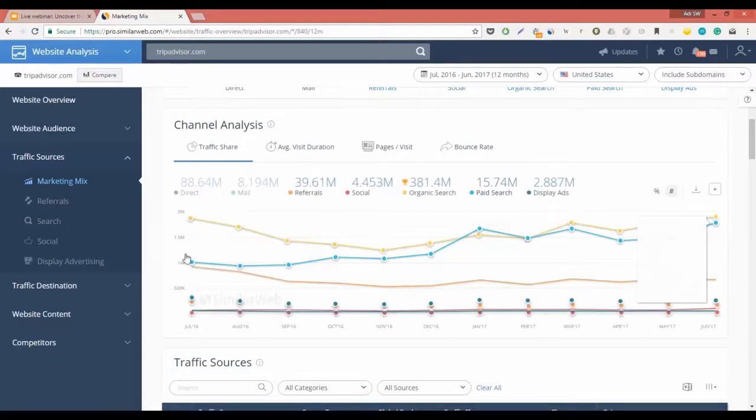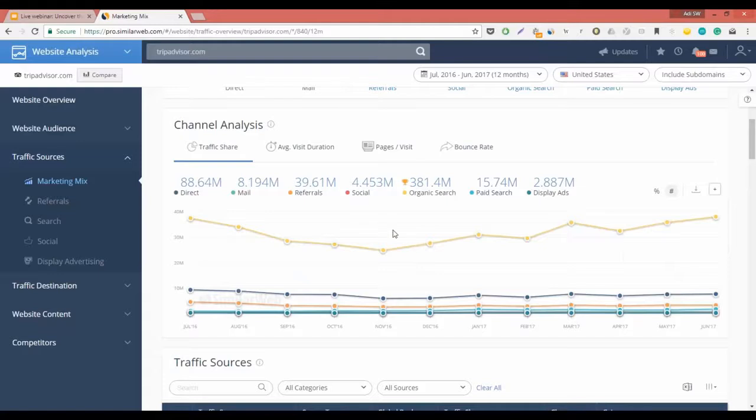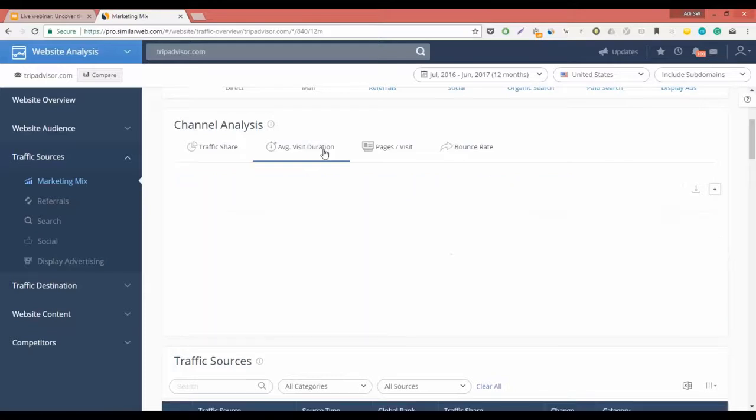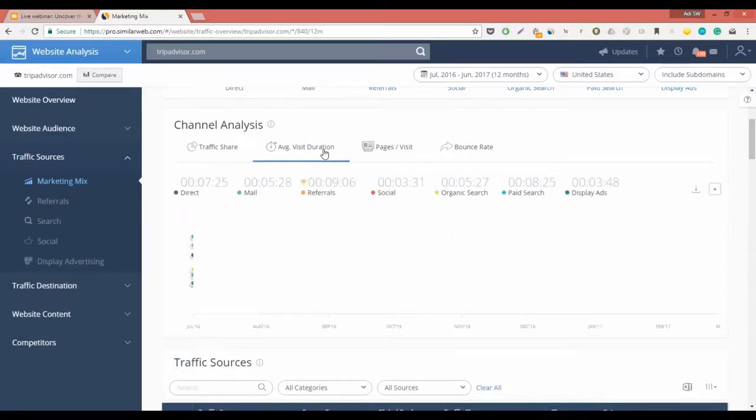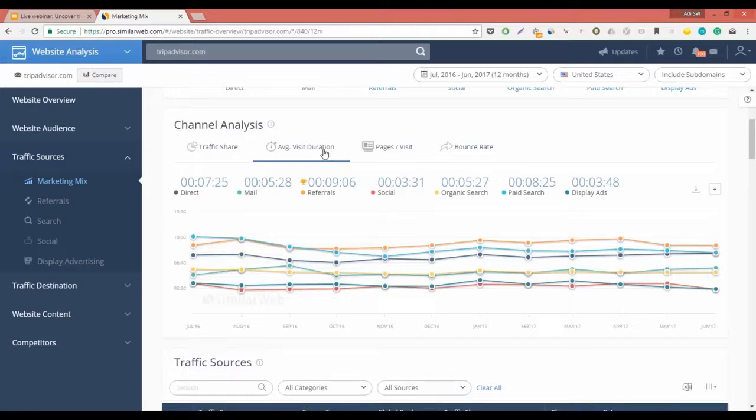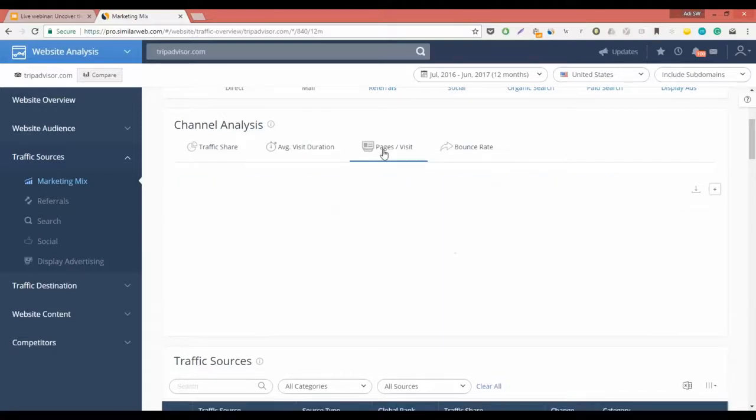Okay. So this is looking at what has changed over time. I also want to see what the engagement metrics were for each traffic channel, which helps me understand the traffic sources not only in terms of volume, but also in terms of quality. Looking at average visit duration, we can see referrals are the source that drives the audience that spends the most time on the website. And if we click on pages per visit,